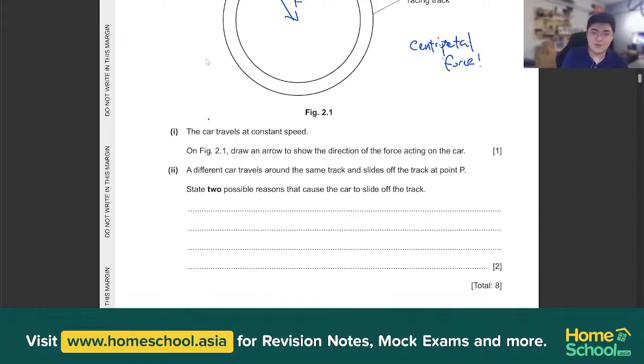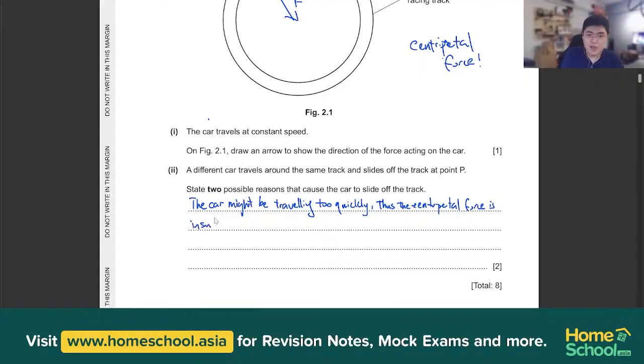All right, so let's write the first possible reason. First possible reason is that the car might be traveling too quickly, and thus the centripetal force is insufficient to keep the car on the track. Okay,